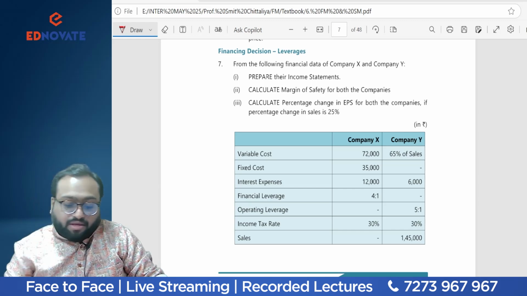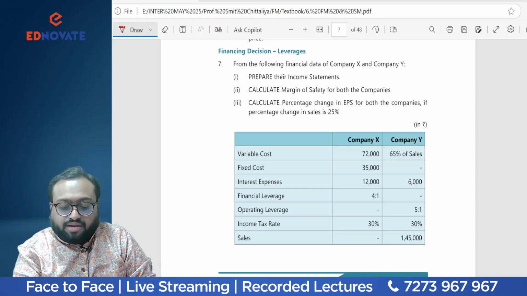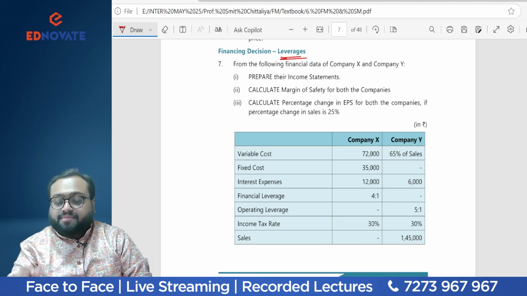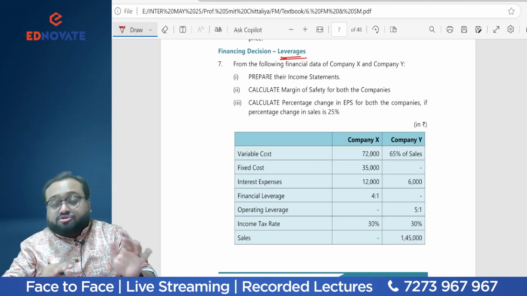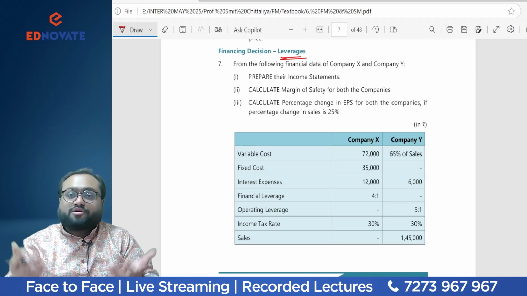constant at 10. Now coming to question number 7, very easy question of the leverage. I think this type of question should come in exam. If one is difficult, one easy, students can balance out very nicely and properly. And if both are easy, of course, win-win situation.